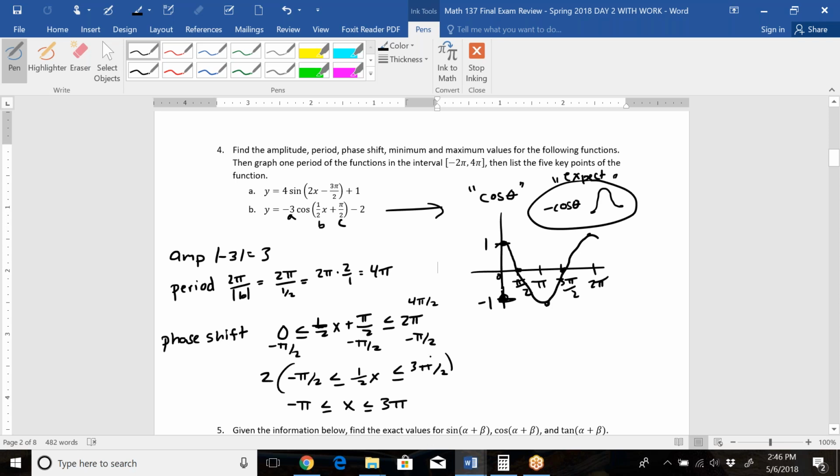Okay, so when we look at this, I also need to know my max and my min. Your baseline is based off of this vertical shift right here. So that means my whole graph is going to be down at -2 for my baseline. So think about 1, 2. What I like to do sometimes is I draw a dashed line, I don't leave this on my final answer, but I draw a dashed line to let me know